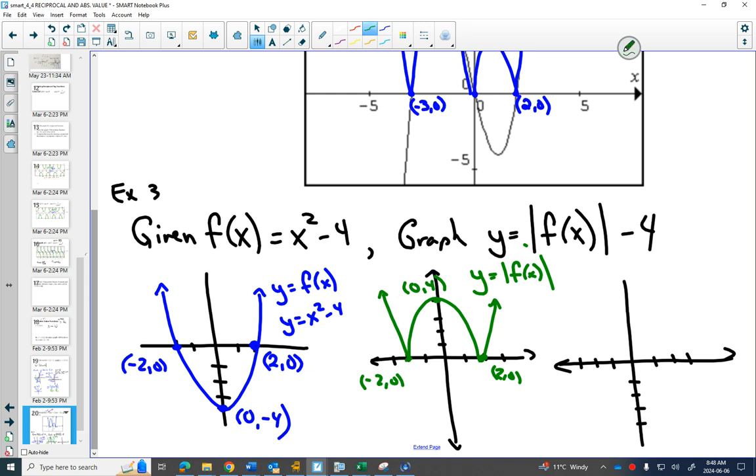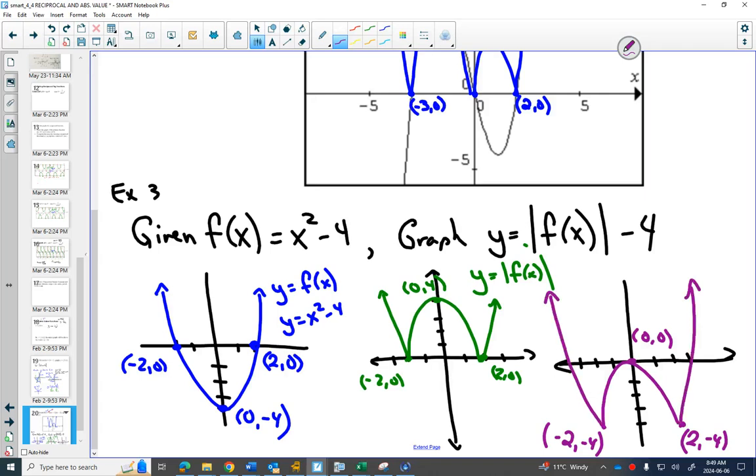And in this third graph, everything gets moved down 4. I'm going to do this in purple. So I'm going to have (0, 0), because that's (0, 4) moved down 4. I'm going to have (2, -4) and (-2, -4), because that's those x-intercepts moved down 4 units. And my shape looks exactly the same as the green shape, just moved down 4 units. And this, the purple one, is the graph of f of x